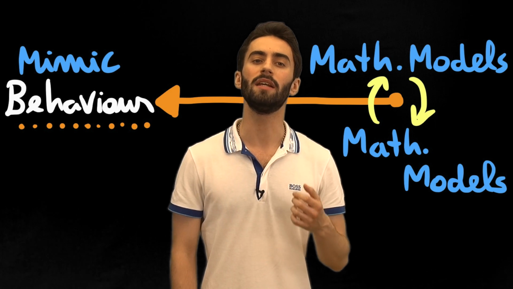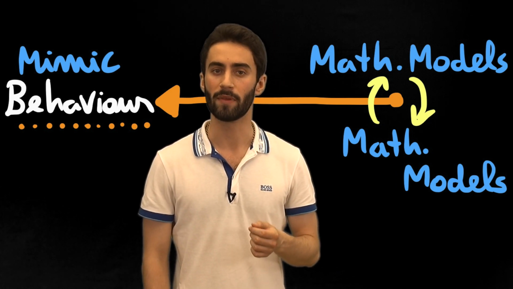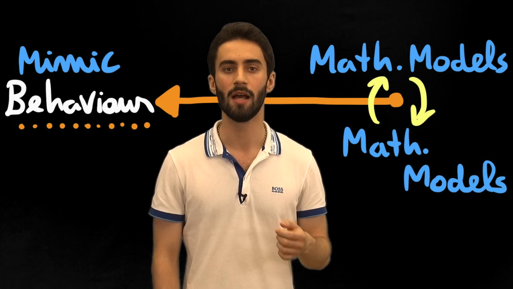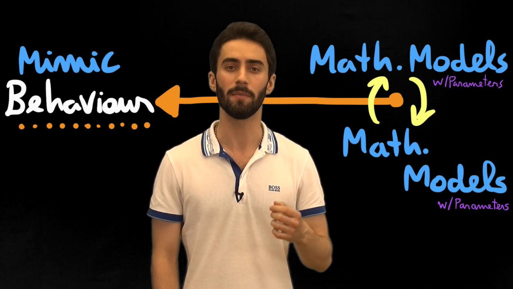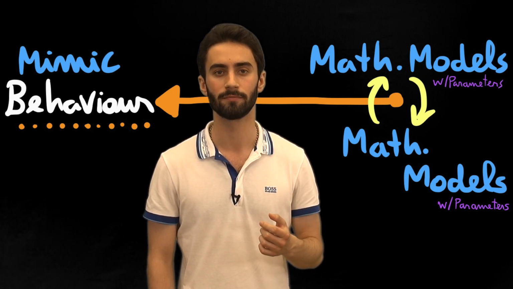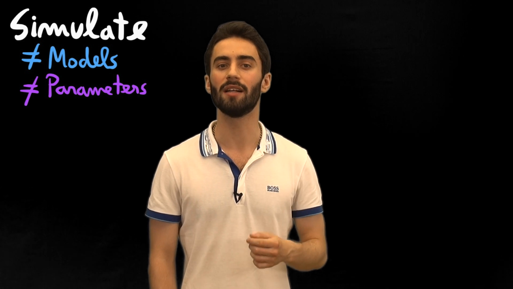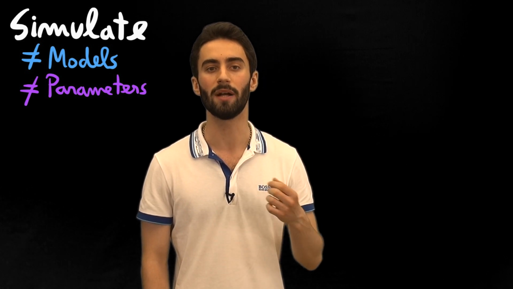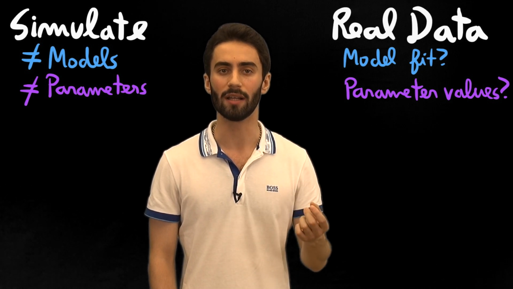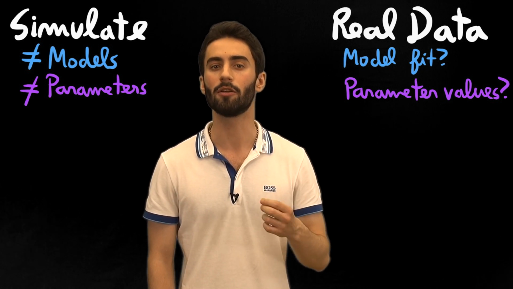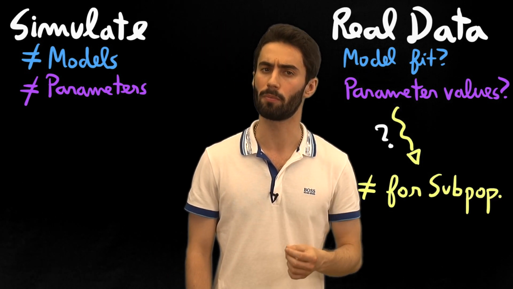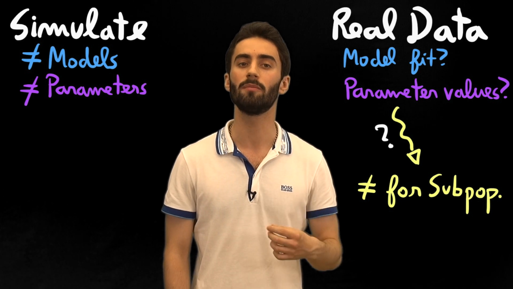Mathematical models can be designed to mimic human behavior, encompassing both the learning and the decision-making components. These models have general parameters that will influence how the sequence of events unfolds. One starts by simulating the learning of a task with different models and parameters, then proceeds to real data, evaluating how well each model fits it, as well as obtaining parameter values. These can consistently be different for a specific subpopulation, let's say with a certain psychiatric disorder.